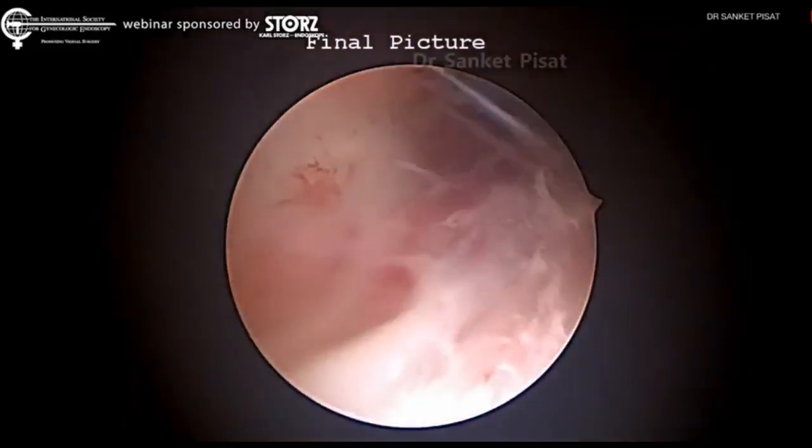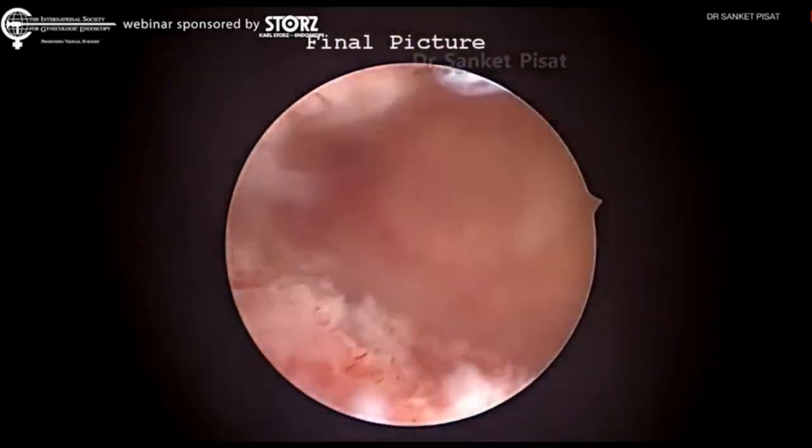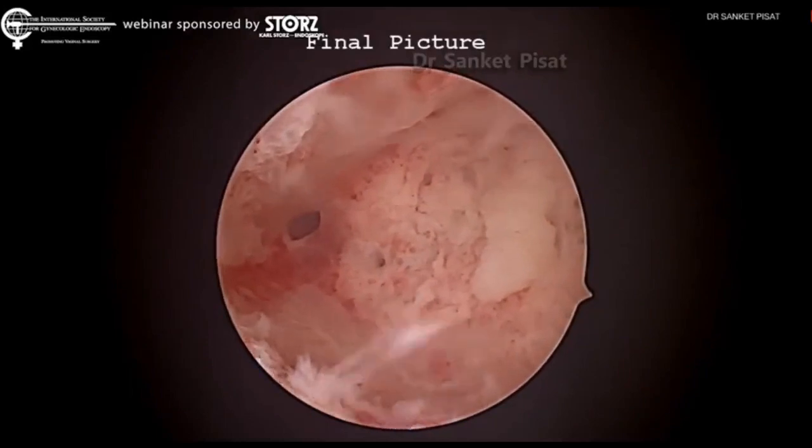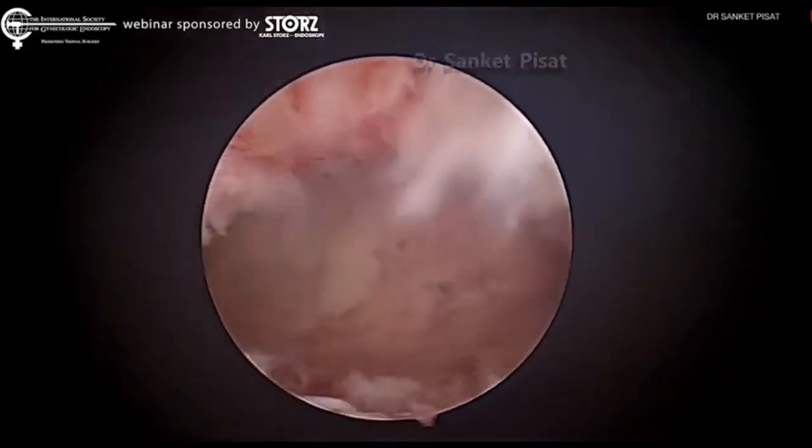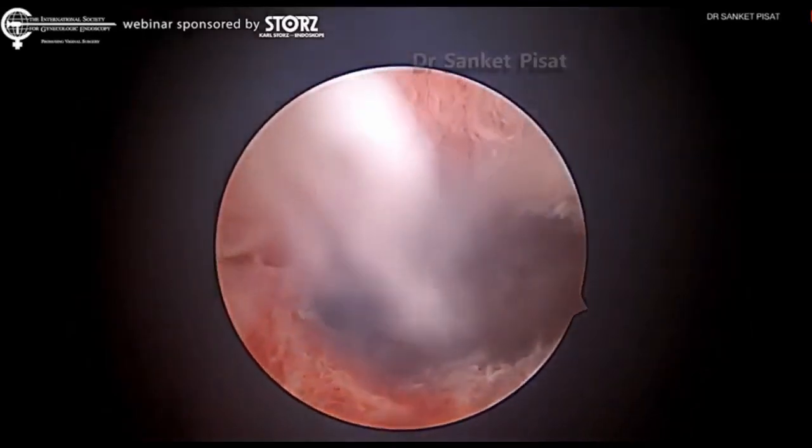So as we see, we are going in again through the cervix. That is the ostium on one side. That is the ostium on the other side, and you can see that we've recreated a fairly good cavity. We will now have a review of literature to discuss some of the important points that have not been covered in the presentation so far.